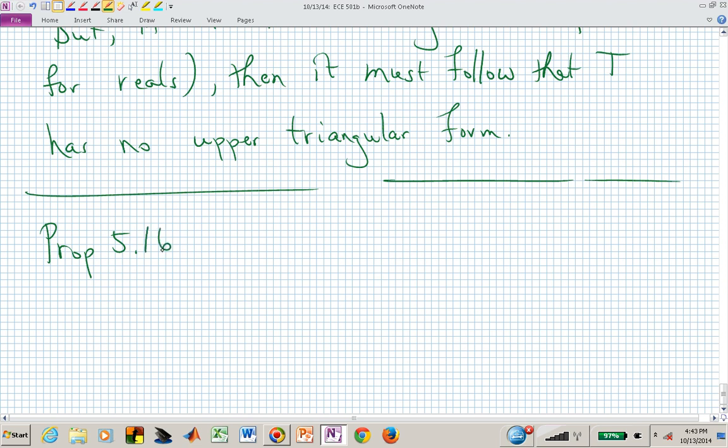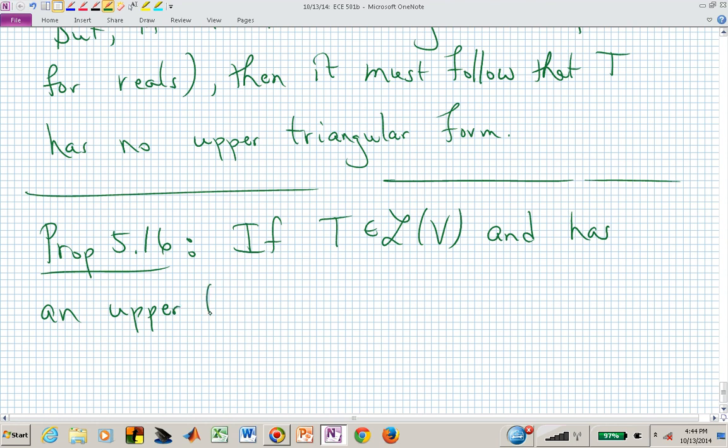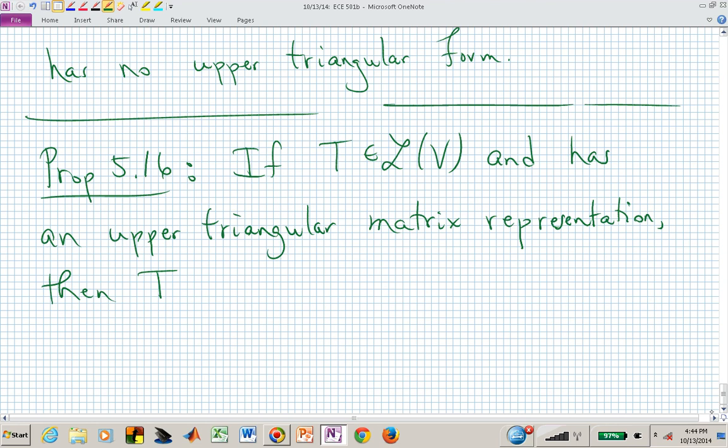Another one is proposition 16 in chapter 5, which says, now if T is a linear operator on a vector space V, and that linear operator has an upper triangular matrix representation, then this linear map T is actually invertible if and only if all the diagonal entries